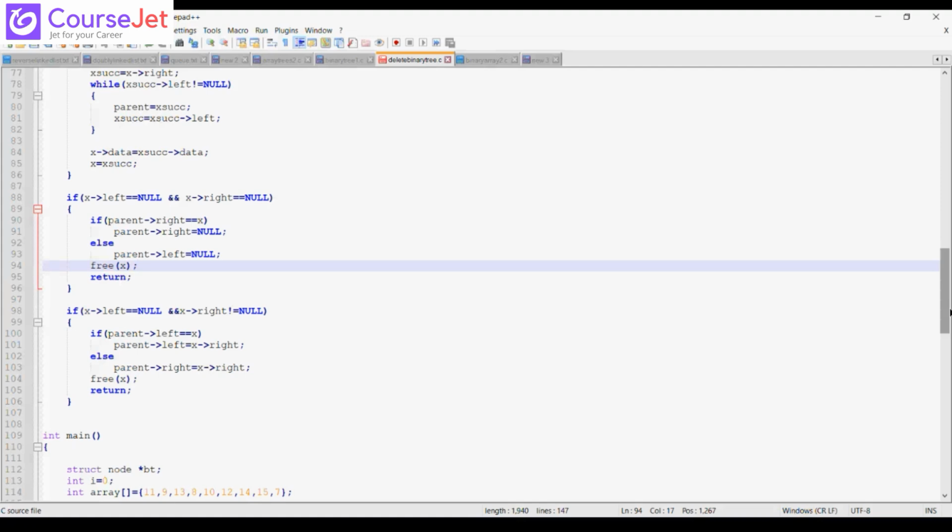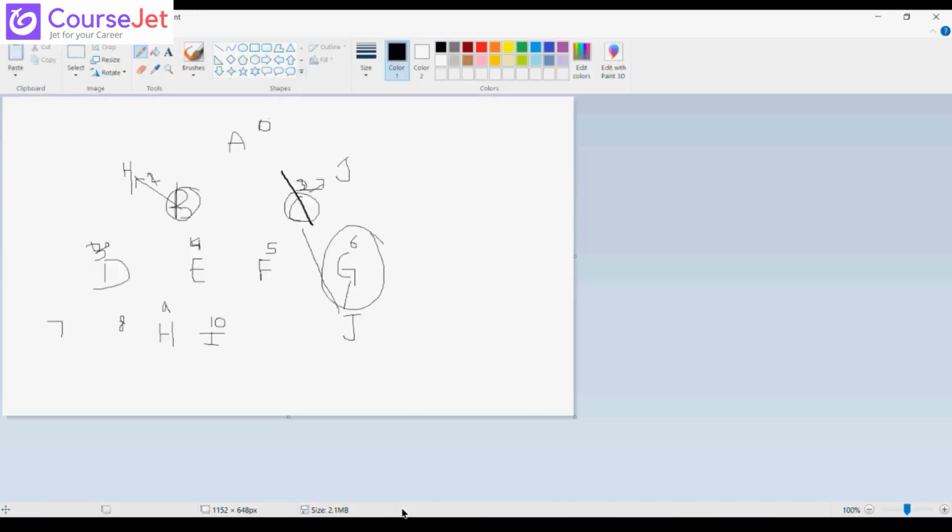What this means is, the parent is not the node we want to delete, but whatever node we want to delete, the parent of that node. We will have to see that if we open this paint and